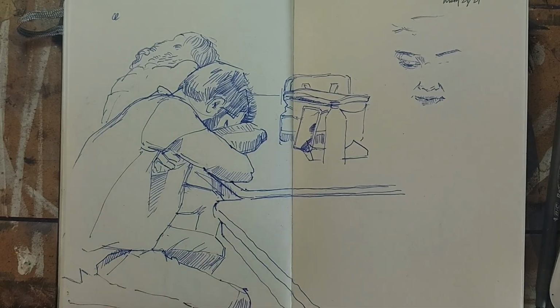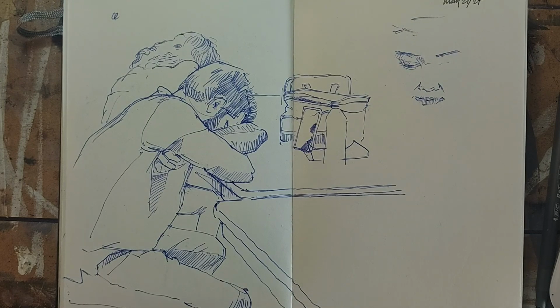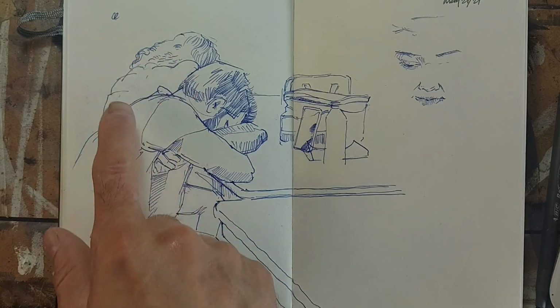This first spread, done during a lunch break at work. This is my coworker Yanni, who I haven't sketched in a while, so I thought I'd return to him and get him while he took a quick nap during lunch. And then in the background,